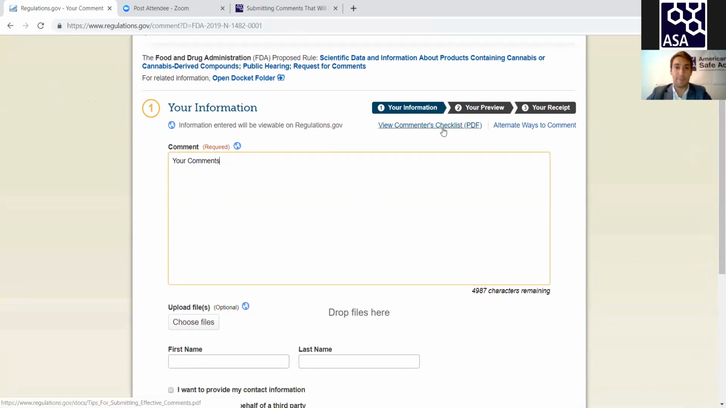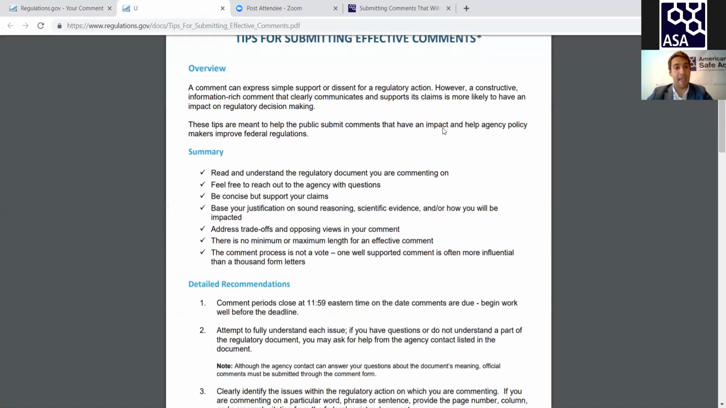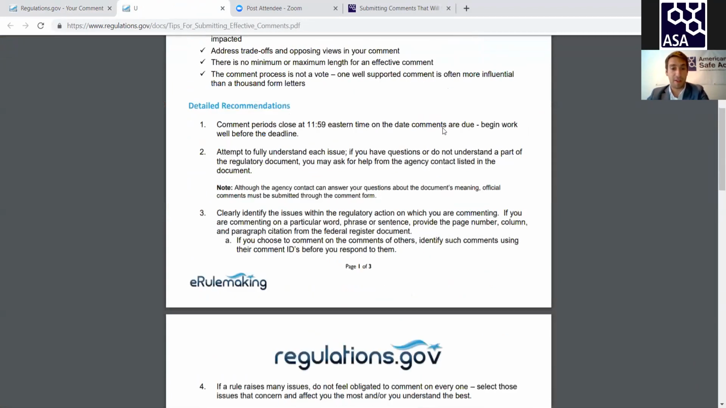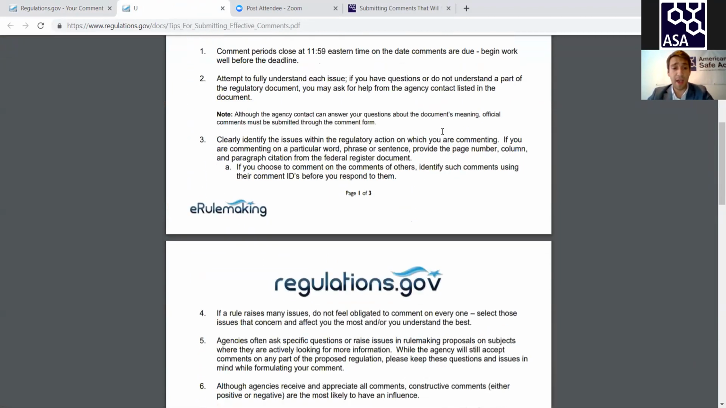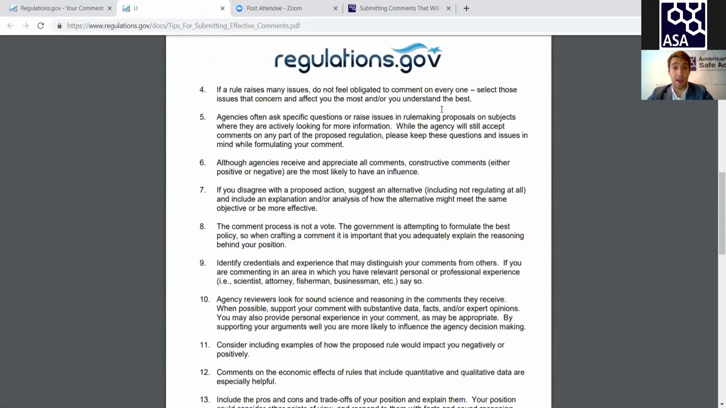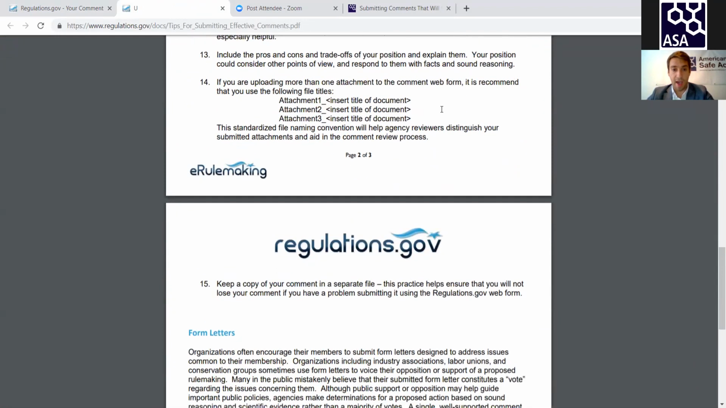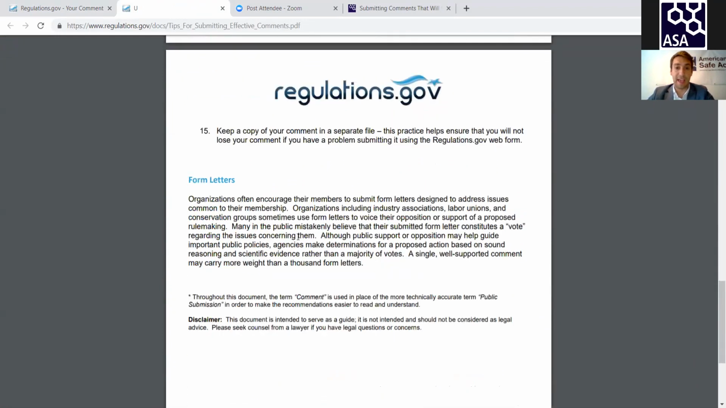But on this page, there's a commenter's checklist. I think that's also important to read. It sort of overviews some of the things I've already mentioned. I do want to highlight one particular point on this notice, which is this set right here,